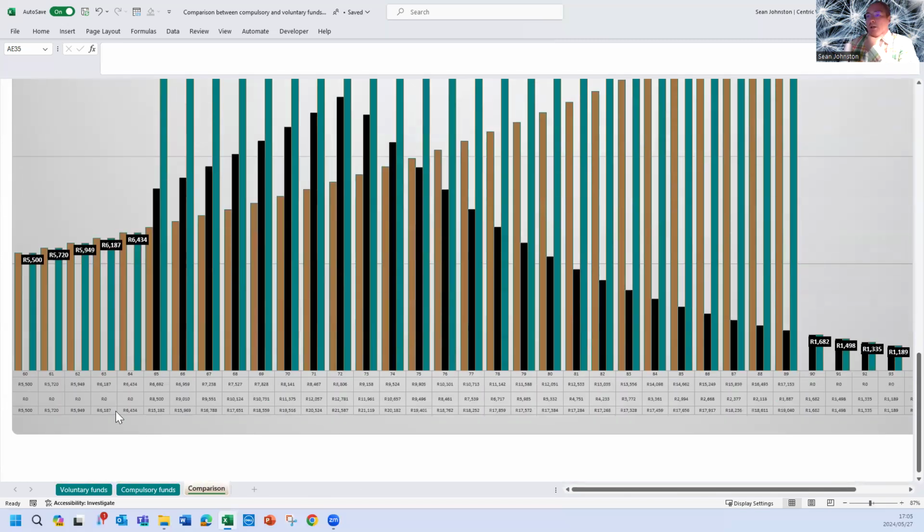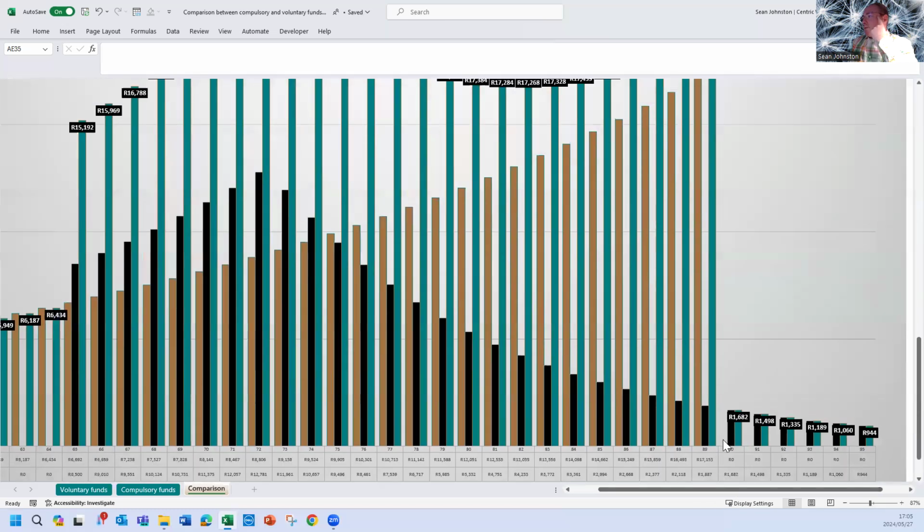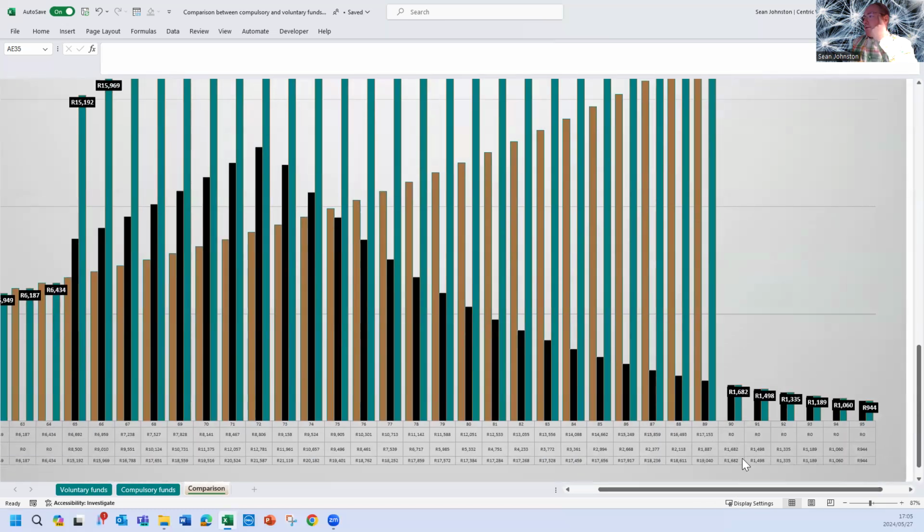So we can see here now that at retirement it's 15,000 Rand, and one's escalating with inflation. And then you can start to plot it out until the point where your voluntary money is left when the client is in their 90s. Obviously, it's not ideal. As you can see here, the income is still growing with inflation. And then it gets to the point where the client is 76, where it starts to reduce in real terms.